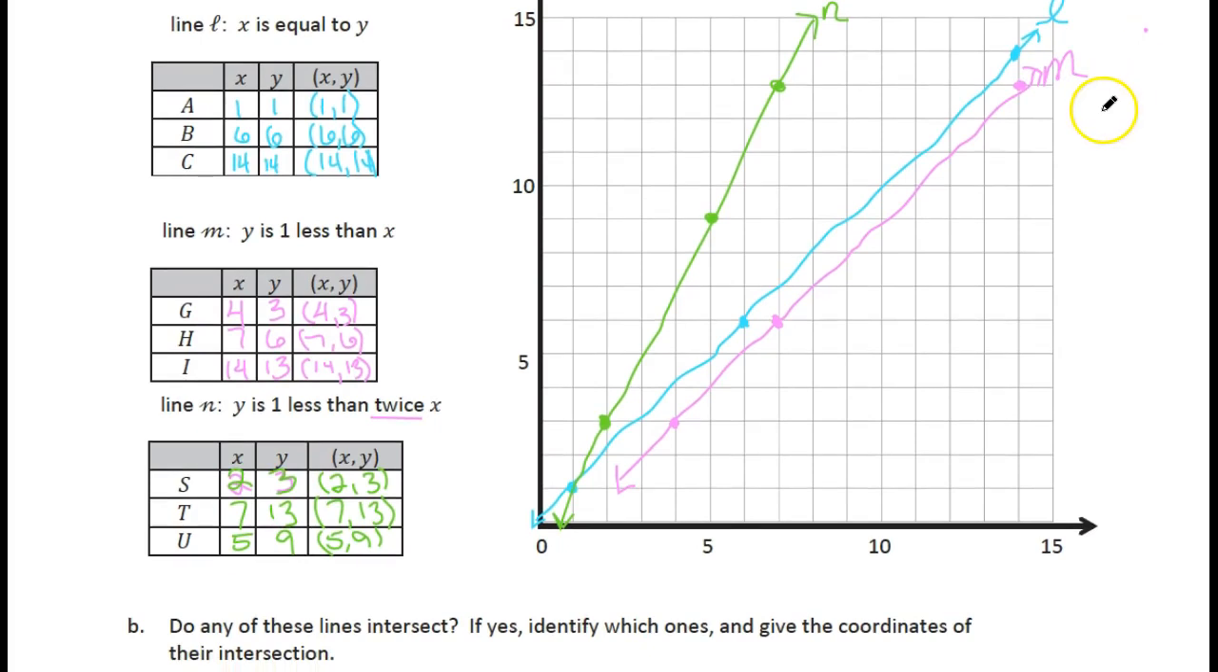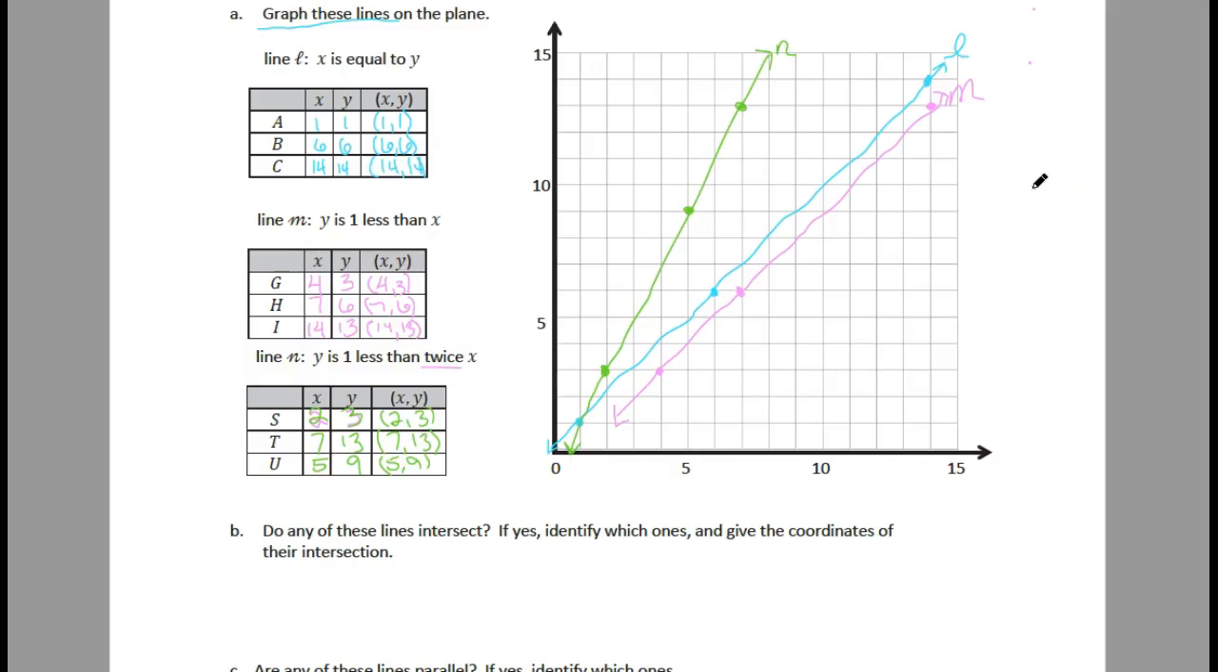Now, if we take a look at some of these questions, let's see if I can make this a little bit smaller so we can have the chart and the question at the same time. Do any of these lines intersect? Identify which ones and give the coordinates of their intersection. I see one intersection only, and it's right here. Well, let's see if this one would, but it's going to be way down in here somewhere. So we can say that N and L intersect